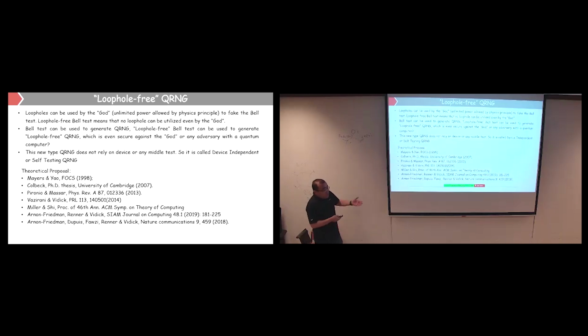And okay, so this kind of answers my question. If I give you a black box, you couldn't tell whether it's a quantum one or a classical one. But if you can loophole-free perform the Bell test, and it violates the Bell inequality, then what you can be sure of is that the system is quantum, and this is a quantum random number generator. So that's the basic story.